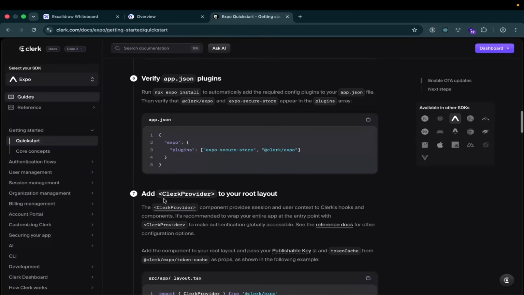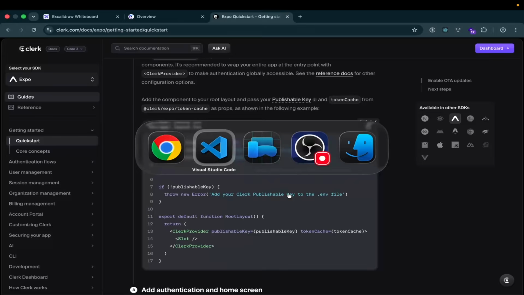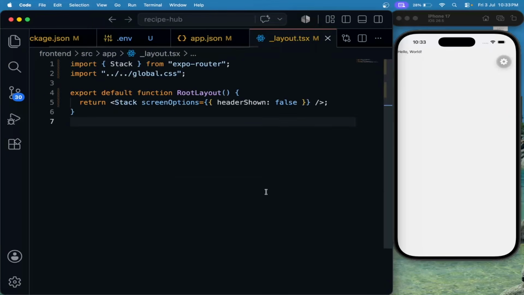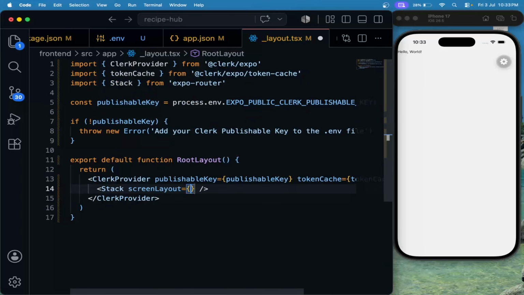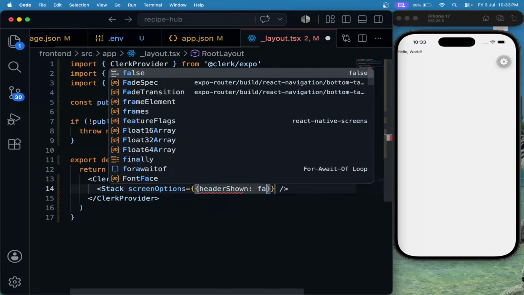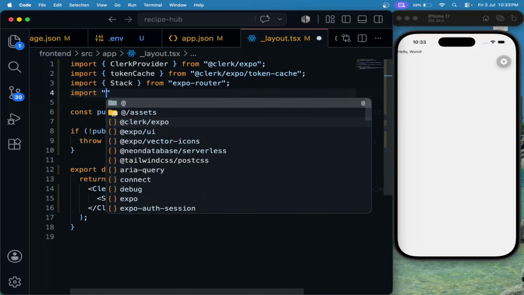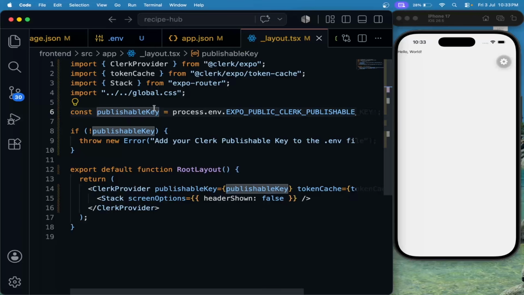After this, we need to add the Clerk provider to our root layout. So I will copy this code and let's go to root layout and replace this code with this one. We are going to use Stack instead of Slot, and the screen options, and I will hide the header, and make sure to import global CSS. So here what we are doing, we are checking if the publishable key is not present, we are throwing this error, else we are wrapping our Stack in the Clerk provider. Now I will close all the files,